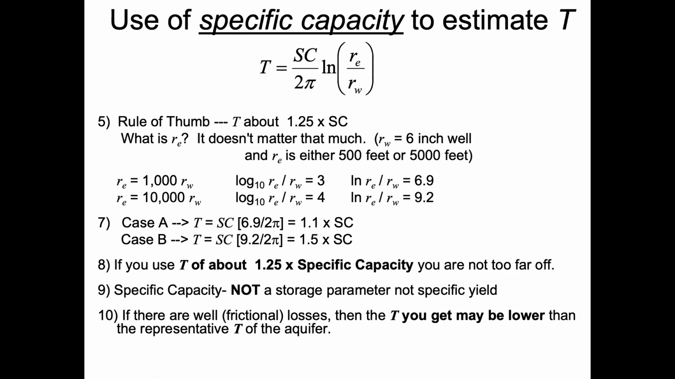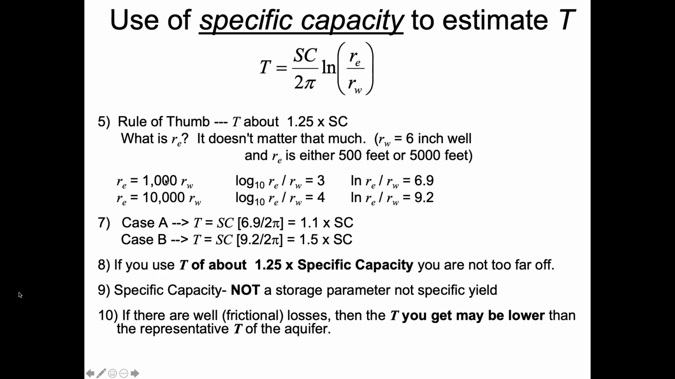Now, again, what we can say about this is, generally speaking, our rule of thumb is transmissivity is about 1.25 times your specific capacity. And the reason we can say that it's about 1.25 times your specific capacity is because this ratio, right, of our natural log is fairly insensitive to changes in the ratio itself. So we could say, for this instance, if we have a well that has a radius of 6 inches, and that we have our effective radius where we no longer see pumping is either 500 or 5,000 feet away,